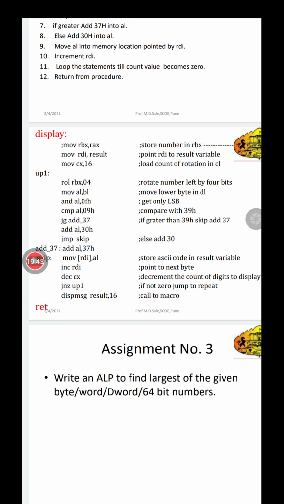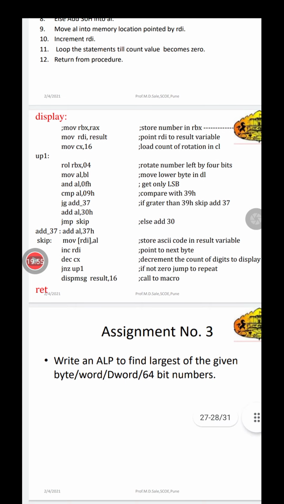Compare instruction. What will the compare instruction do? Compare instruction actually performs the function of subtraction. So AL minus 09 will be carried out, and if AL is less than 9, then the carry flag will be set, and if AL is greater than 9, then the no carry flag will be set.